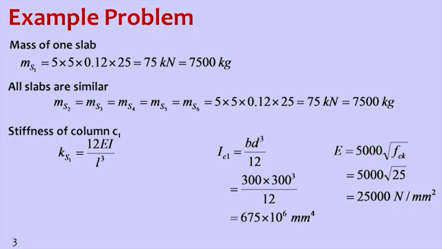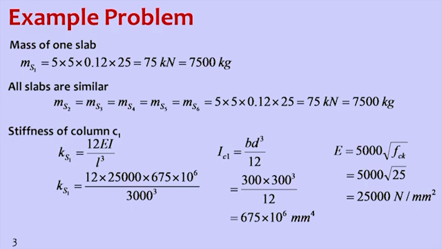C1 is of size 300 by 300 mm. So, 300 into 300 cube by 12, which is nothing but 300 power 4 by 12, which is coming around 675 into 10 to the power of 6 mm power 4. So, now substituting these two values into the stiffness calculation, 12 into 25,000 into 675 into 10 to the power